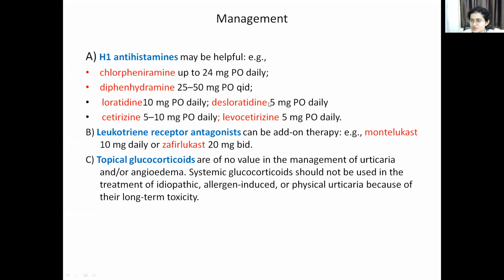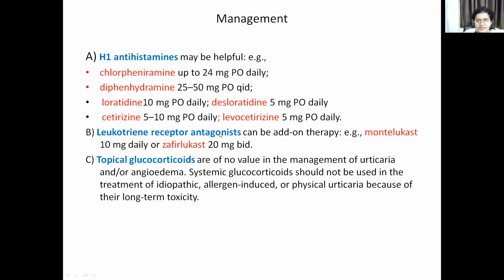If the person is not having severe itching episodes and sleep is also proper, in that case you don't have to give first generation antihistamines, which are highly sedative. You can always give second generation antihistamines, which are less sedative and do not have any antimuscarinic side effects also. So the drugs can be loratadine, desloratadine, cetirizine and levocetirizine.